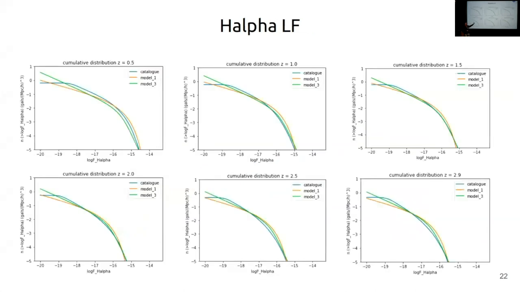This is another thing that is important, how we simulate the emission lines. We go from the SED that we assign with the UV to a star formation rate and H alpha, but then we recalibrate to models. Here is a plot of what comes out straight from the simulation, that is the blue, and then the 2 models that we are simulating, the Pozzetti et al. Model 1 and Model 3.